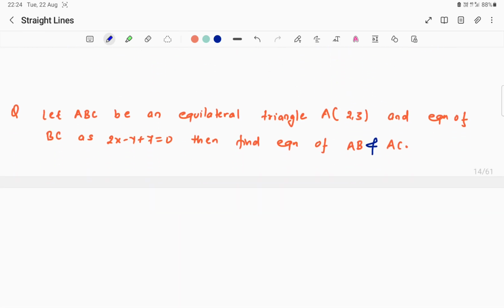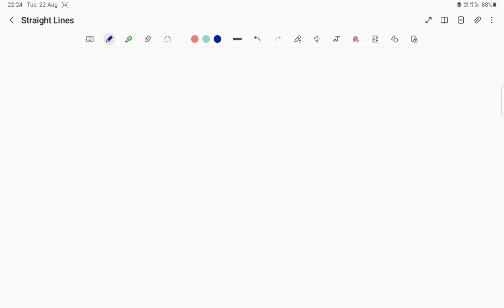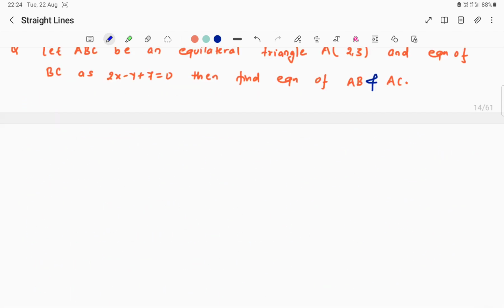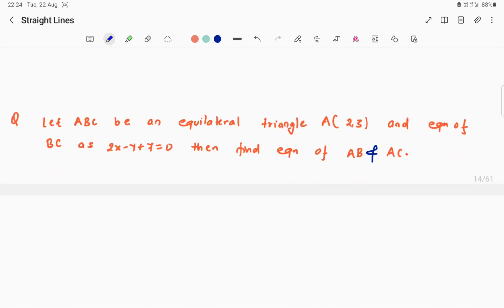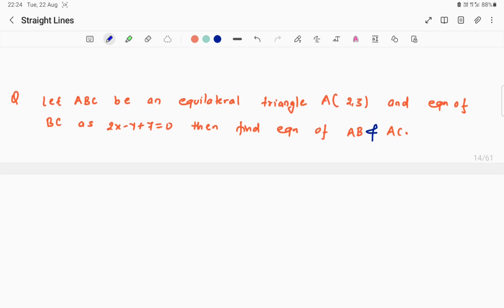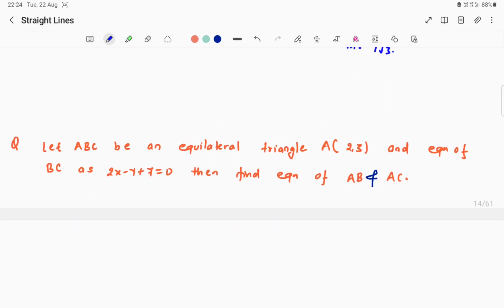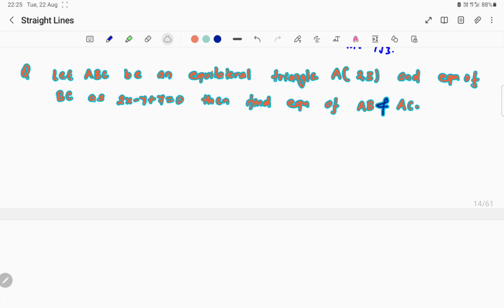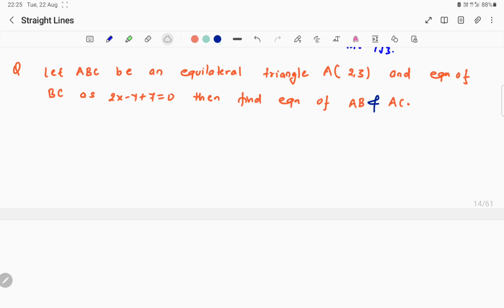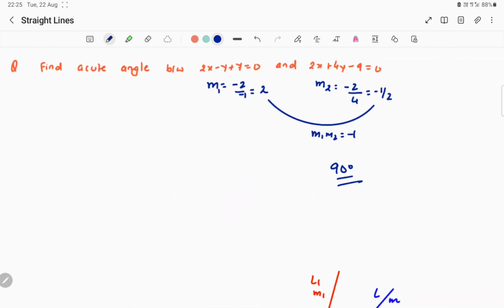Now let's take one more question on this. Yeah, so we'll take one last question on this topic. So what we have is, let ABC be an equilateral triangle, vertex A is (2, 3) and the equation of BC is this. Then find the equation of AB and AC. Okay, this is a little interesting question. And this we will see again when we discuss angle bisector. So as of now you try to understand here. What is happening here is,